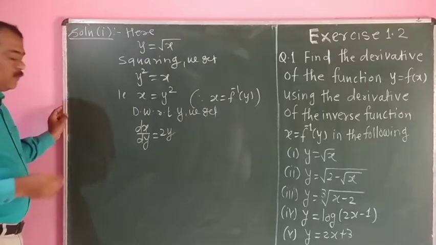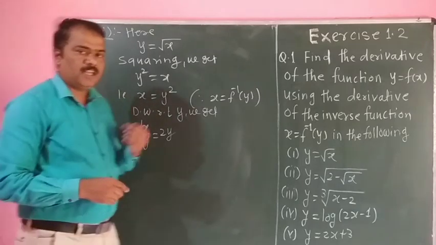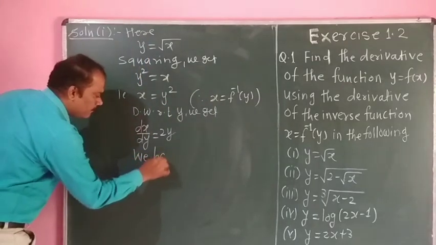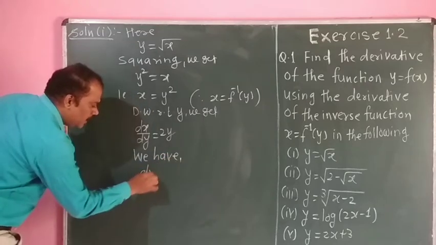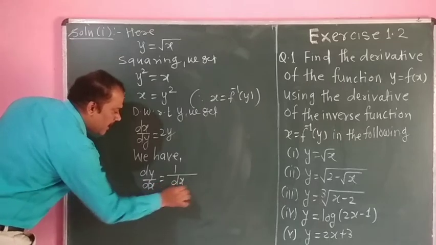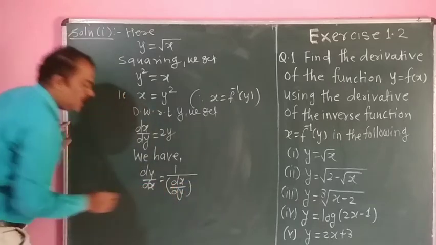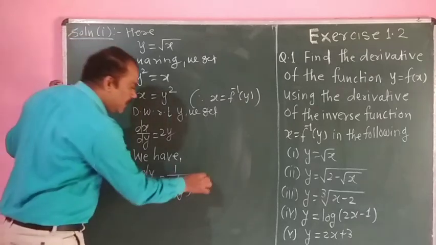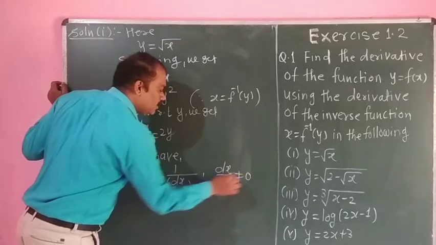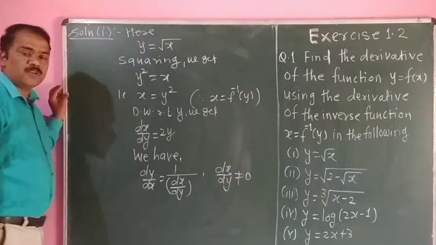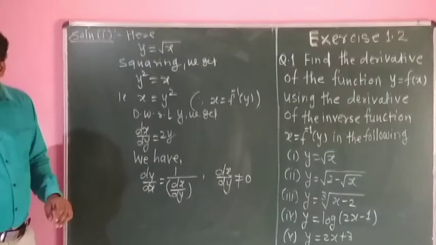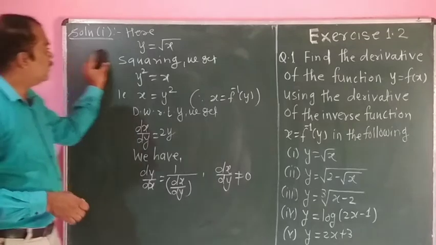Now we have to use the theorem related to derivative of inverse function. What is that theorem? We have dy by dx is equal to 1 upon dx by dy, with dx by dy not equal to 0. Now we have to substitute the value of dx by dy. What is the value of dx by dy? By using that value,